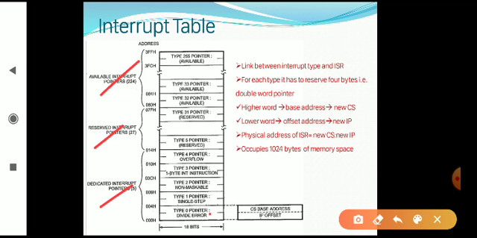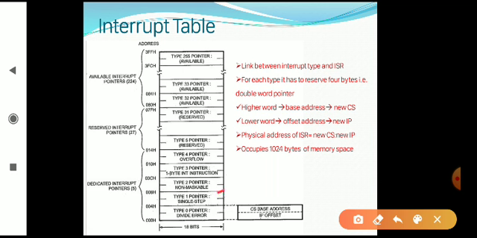For example, for interrupt type 0, 0 into 4 gives 0, hexadecimal also 0. So whenever the type 0 interrupt occurs, the processor goes to the 000h location, where it gets the address of the ISR, and it will give the service. In this way it will find the interrupt vector location of all kinds of interrupts.